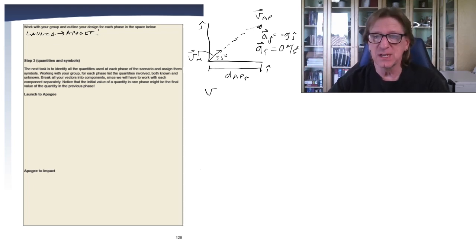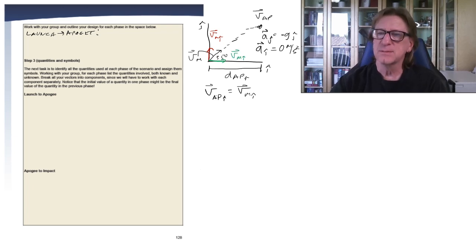So we might say, we're just sketching at this point. Our final velocity is going to be in the i-hat direction, right? And then that's going to equal our initial velocity, which is the i-hat component of that. Let's make sure we're clear on which one is i and which one's j. This vector here, this red vector, is going to be Vm j hat, right? And then we'll do this in green. This vector here then is going to be Vm i hat, or you can write it as just Vmi. It's fine. Okay. So this is our Vmi, and we can figure that out because we know how to break